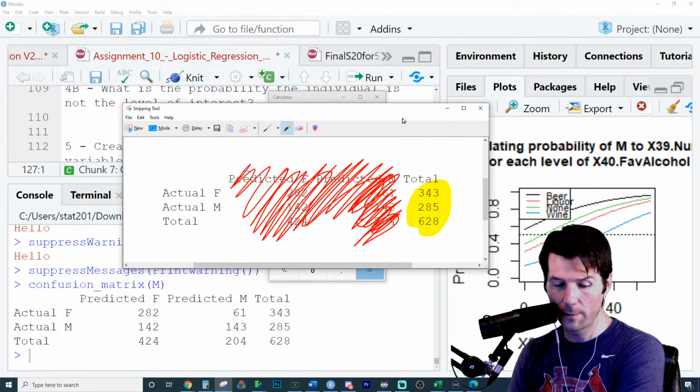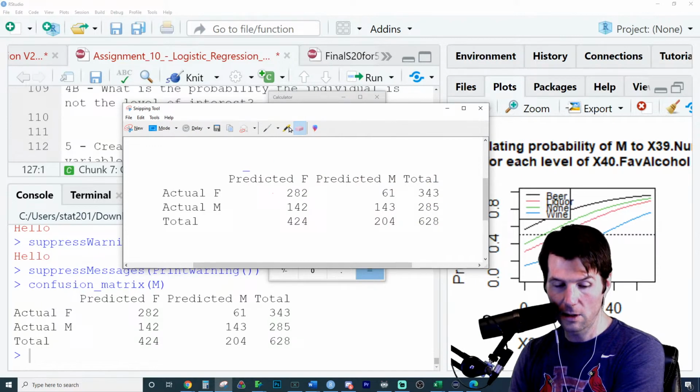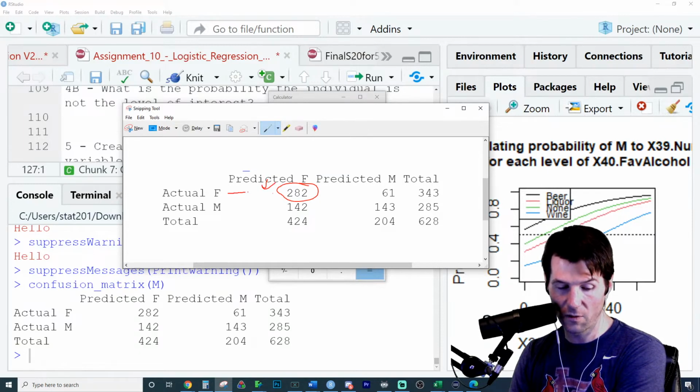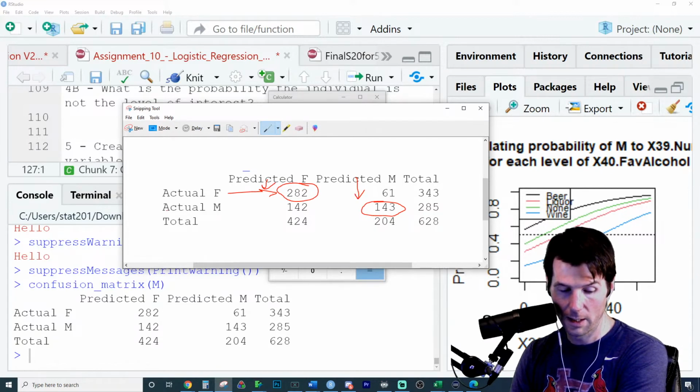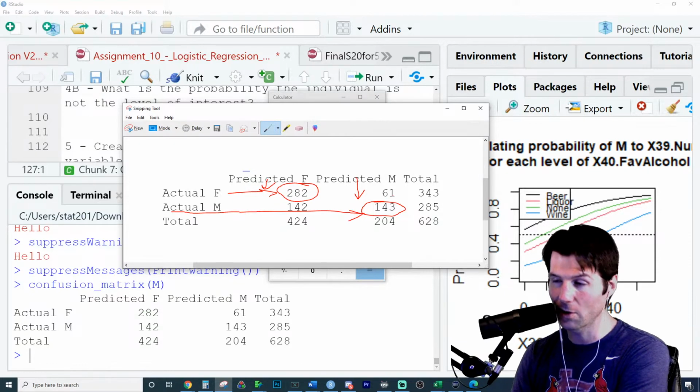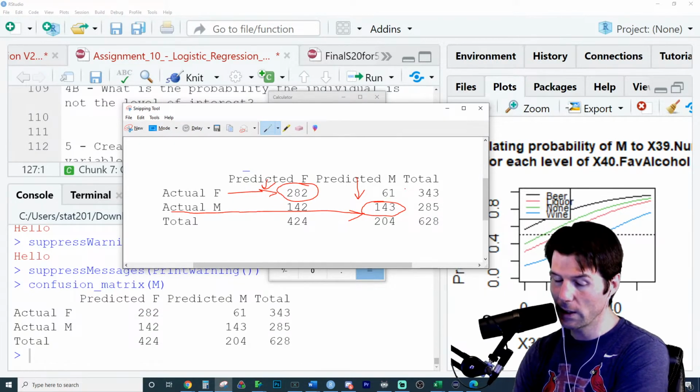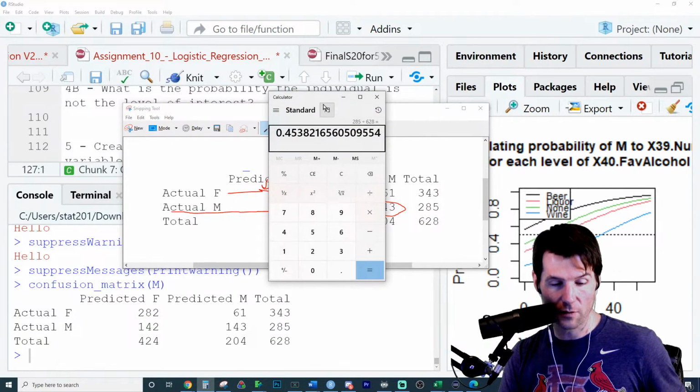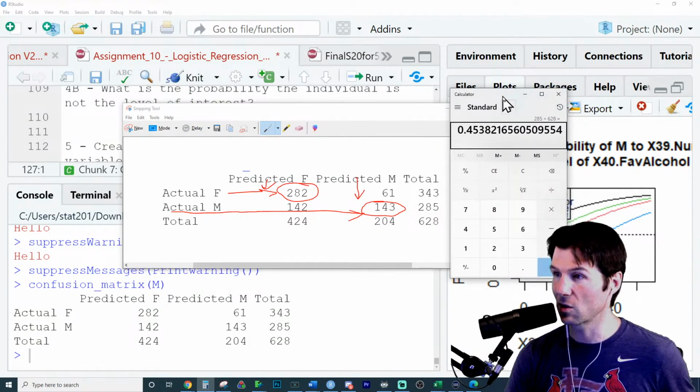When you look at your model, you need to look at the on-diagonal. These are the correct predictions, where somebody was predicted female and they're actually female. And the correct prediction here is when somebody was predicted male and that person is also actually male. So these are the correct ones. This would be the classification of your model, how often your model gets things correct.